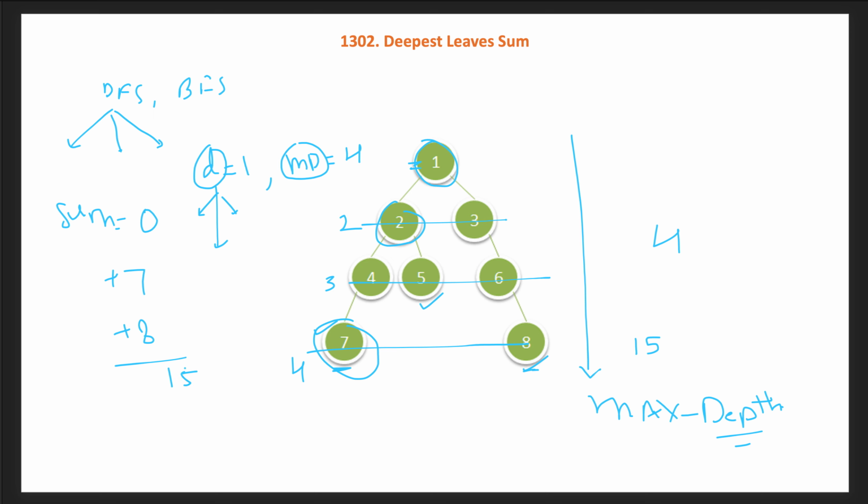You can pause the video and try to code it yourself. This is very straightforward. If you know basic tree traversal, it's just implementing. So what will be the time complexity of this code? As you can see, we are processing all the nodes of this tree 2 times, so it is O of n. And what will be the space complexity?